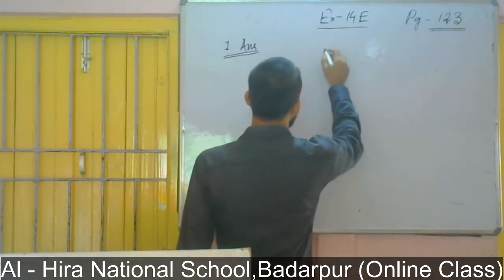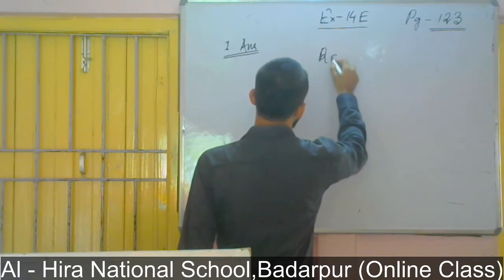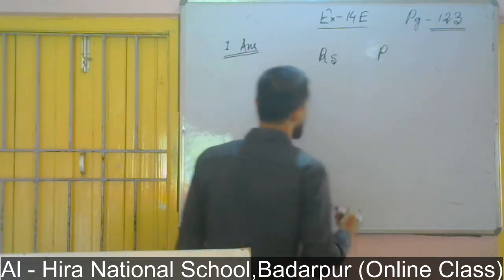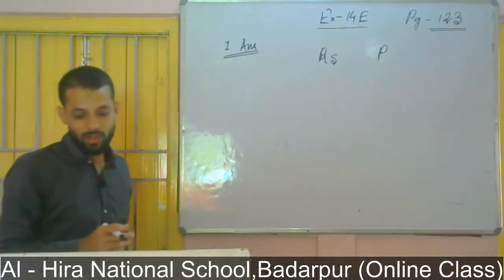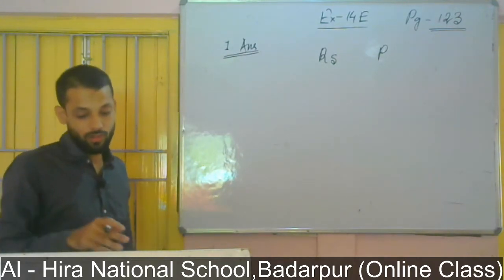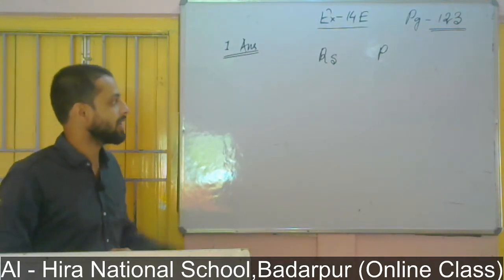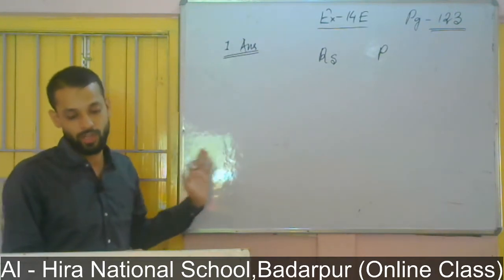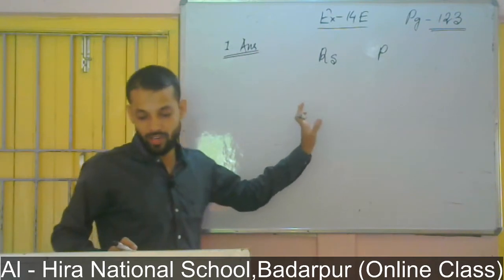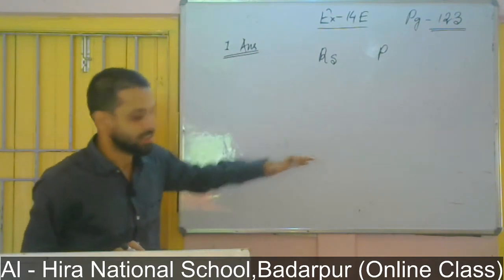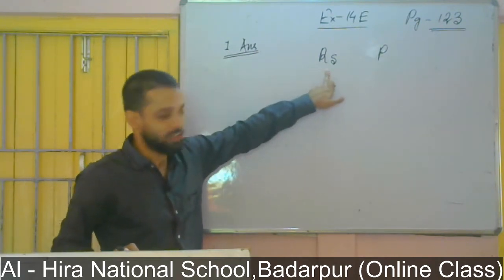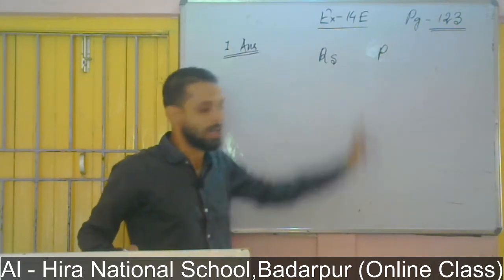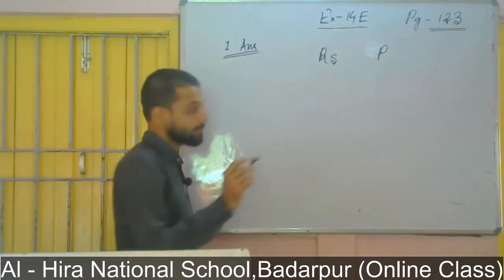So here we are going to write rupees, and here I am going to write paise. In between, you will find one decimal point. While doing the sum, we are not to write the decimal point. We are going to write it as rupees and paise. So 40 rupees and 50 paise: 40 will come here and paise will come here.